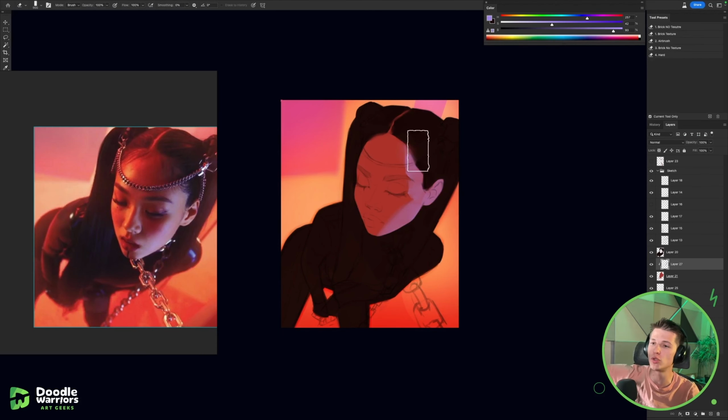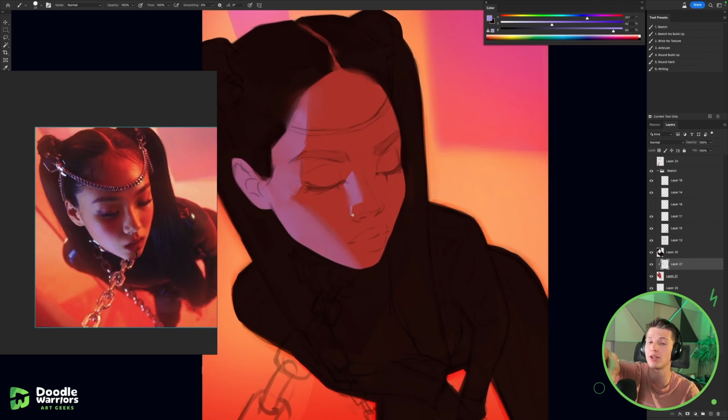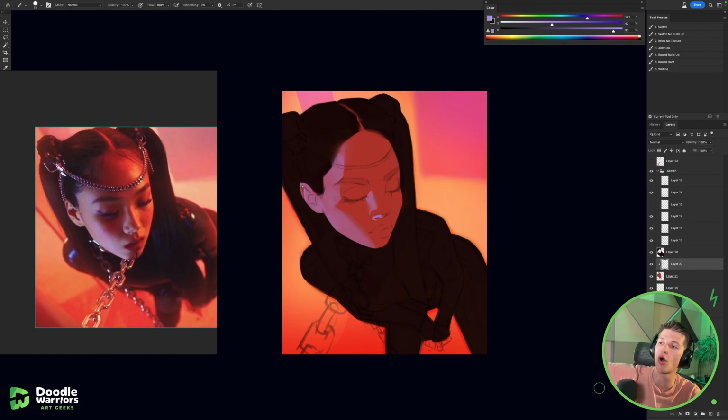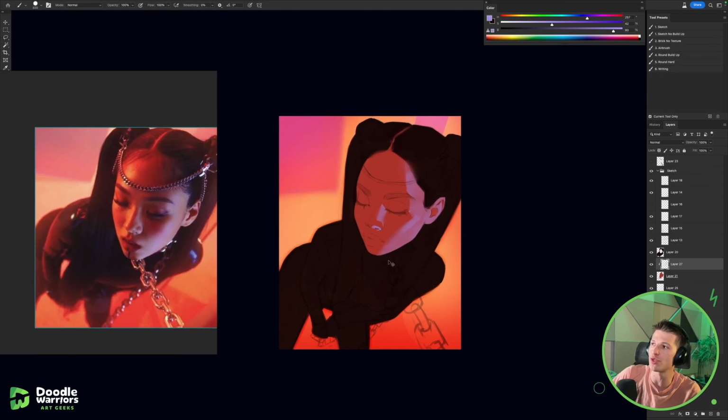So first, I like to just do it a bit more messy so I can see how the colors are working together, and I'd be like, yes, those are the colors. And then I really start over by painting very closely the actual lights and thinking about the shapes that I'm creating. So you see me right now, I'm just using only one type of a blue in order to really